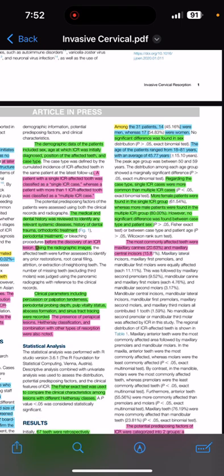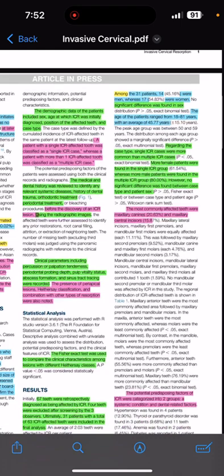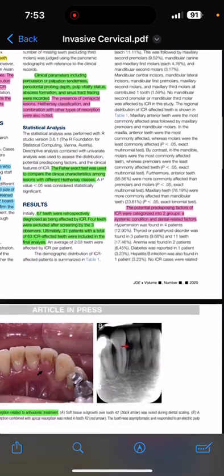Regarding the predisposing factors of invasive cervical resorption, they were divided into two groups: systemic conditions and dental-related factors. Most patients denied all major systemic disease, and the most common dental-related factor was dental orofacial trauma, at 33%. Most teeth showed no percussion, palpation, pain, and sinus tract. And the conclusion of this study was